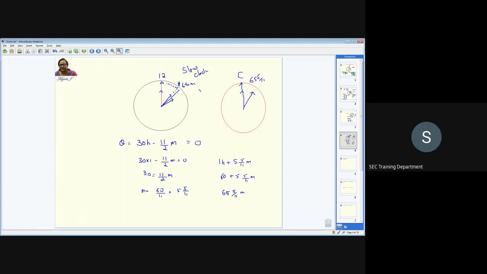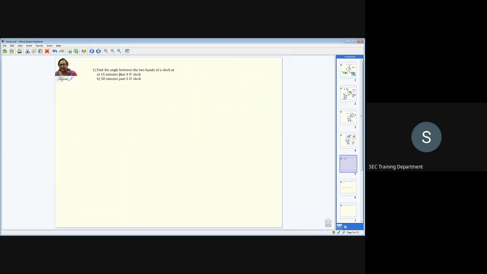Anyhow, time is up now. This is a basic thing which I have done, and tomorrow we'll start with the problems. As I said, the first problem is the simple one, finding the angle between the minute hand and the hour hand. I'm just showing so that you are aware of what exactly you're going to do tomorrow. How many times in a day are the hands of the clock at right angles or in a straight line or coinciding?